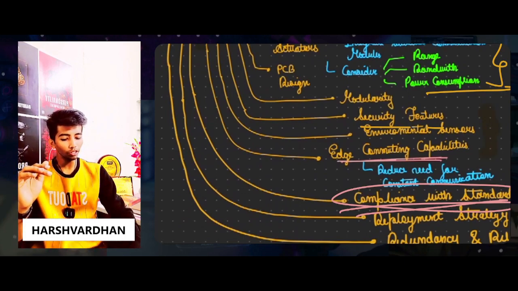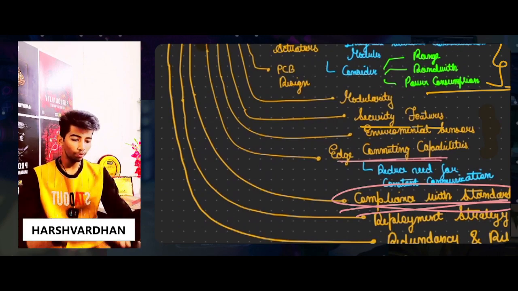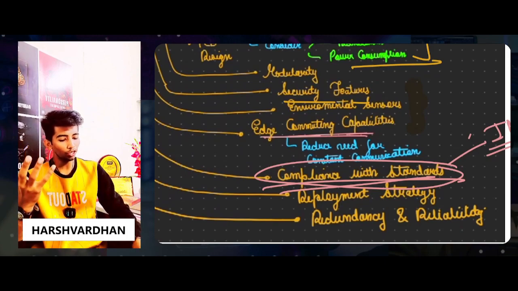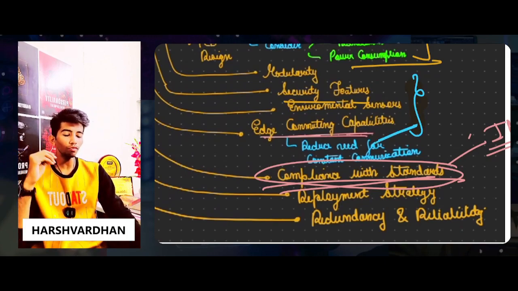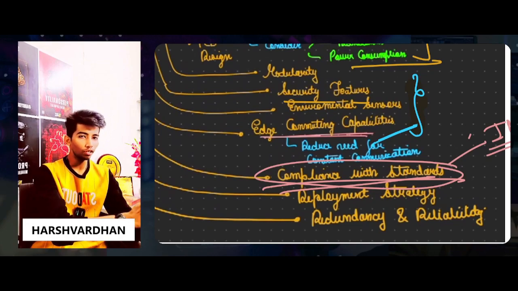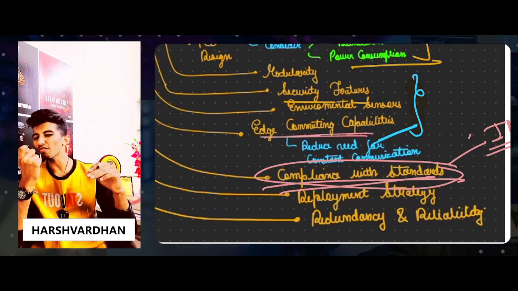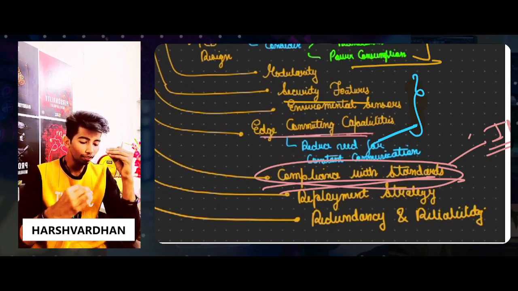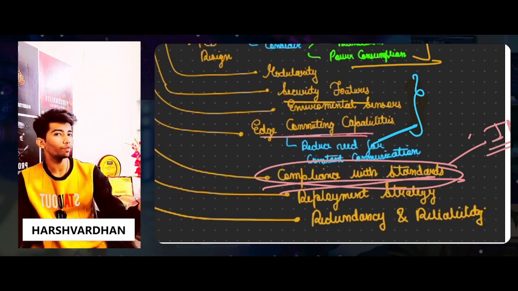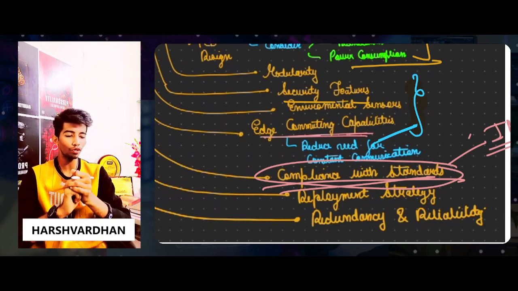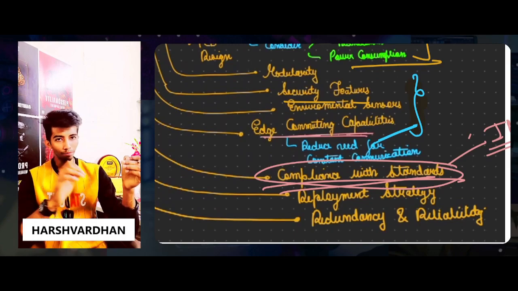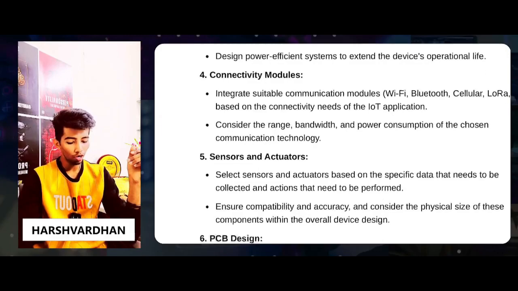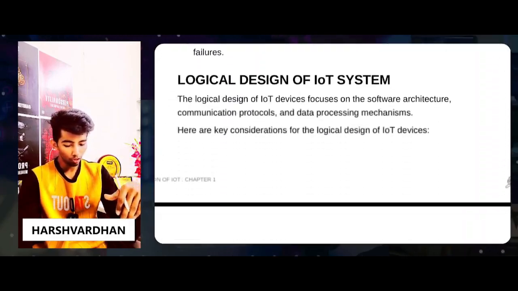Okay, so the major things I have just covered. This thing will also take place when we talk about designing a physical design. Then things like reliability and deployment strategy will come, because these features are actually related to the physical stuff like security, like making sure any kind of bug is not there, because it could be tracking the activity of users, right? It can be the deployment strategy, like how you are going to deploy these devices in your home and how you are going to work for that. So like this, all these things are there. Okay, so that you can understand it well, these are all in a very brief way, you can just go and read it once.